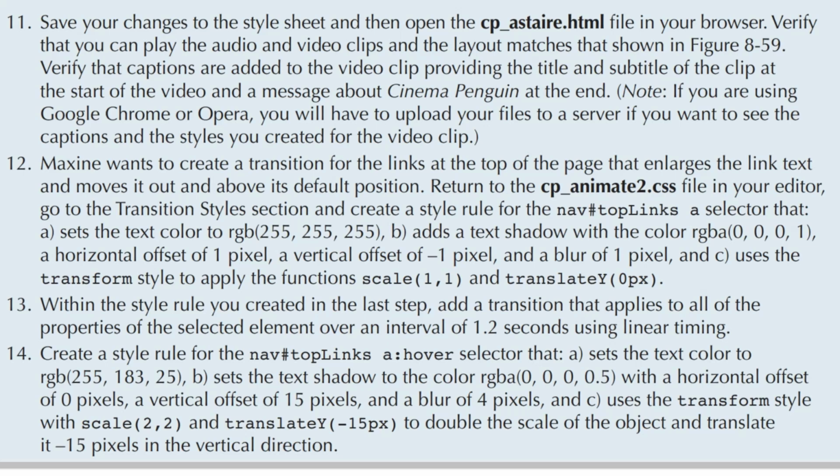Add a shadow with the color of RGBA 0, 0, 0, 1, which is black, and then 100%. Then we'll have a horizontal offset of 1 pixel, vertical offset of -1 pixel, and a blur value of 1 pixel. And then we want to use the transform style to apply 2 functions, scale at 1, and then translate y